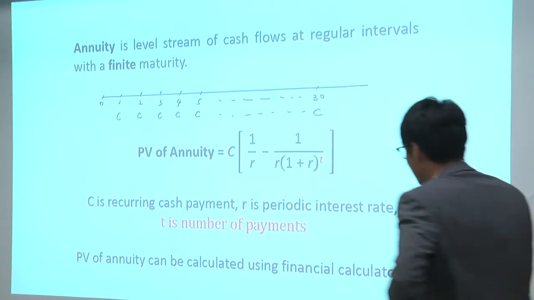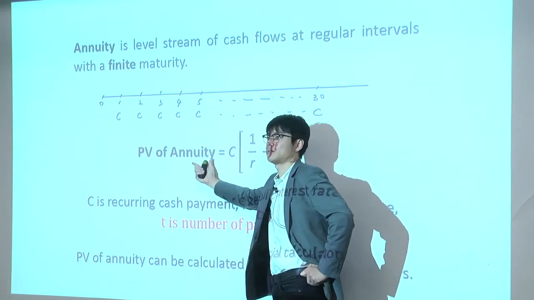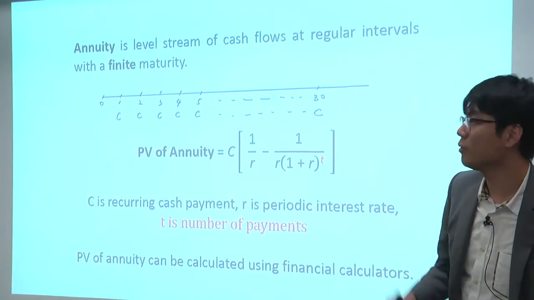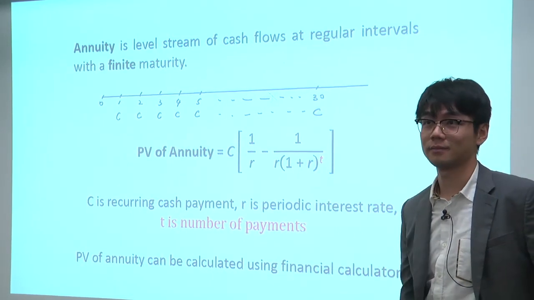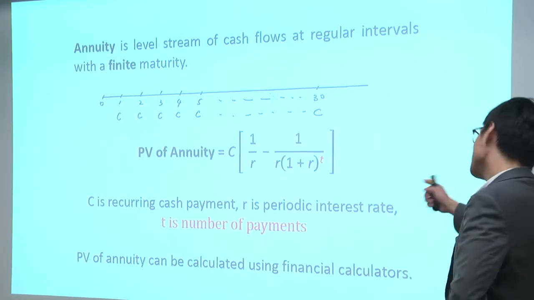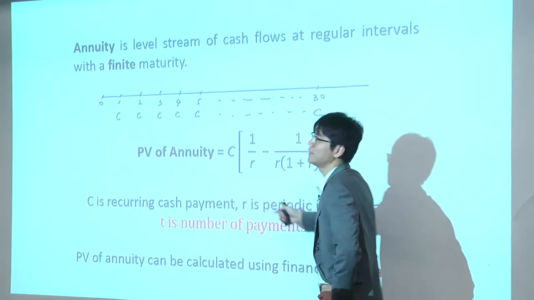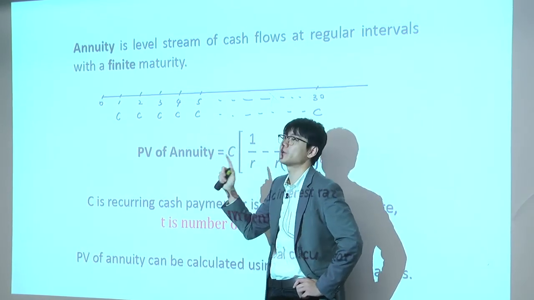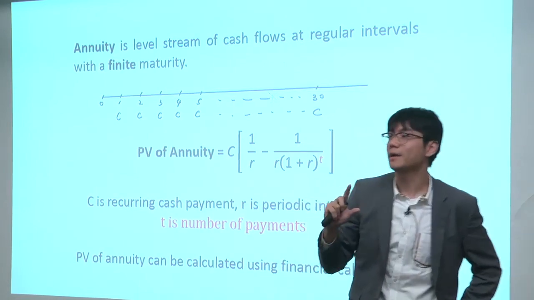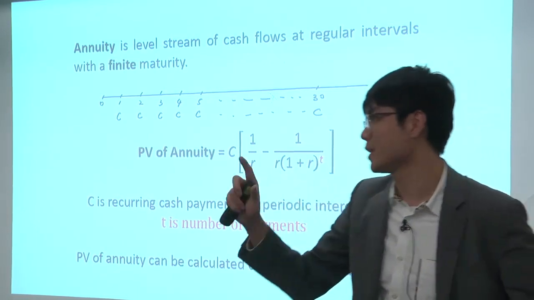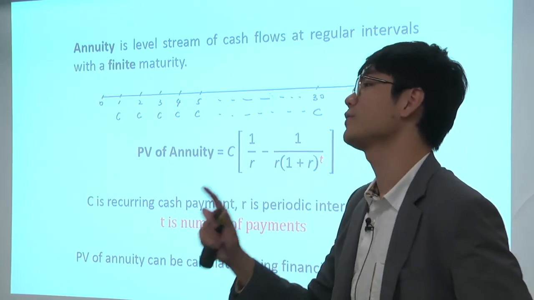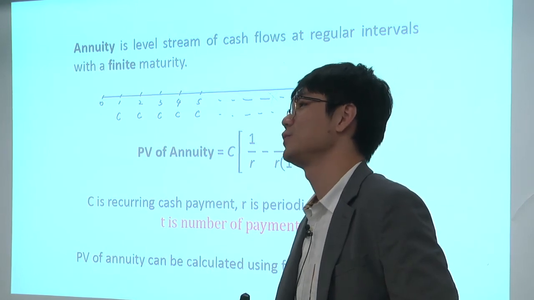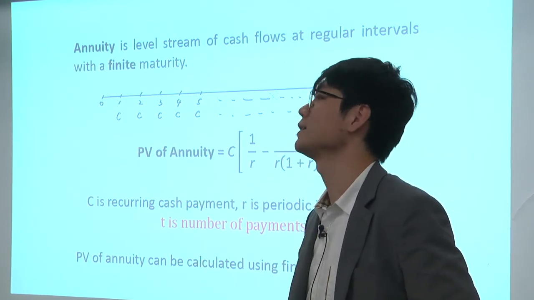So what's the very meaning of this present value of this annuity here? It's the price of this annuity. When you want to buy an annuity, what should you pay? Let's say if this comes out at $500, what does it mean? It means that this 30 years' worth of cash flow is $500 today, total. And believe me, if you want to buy it, the seller also knows it. You know it's 500, they know it's 500. So what's going to happen? You don't want to buy it for more than 500. They don't want to sell it for less than 500.